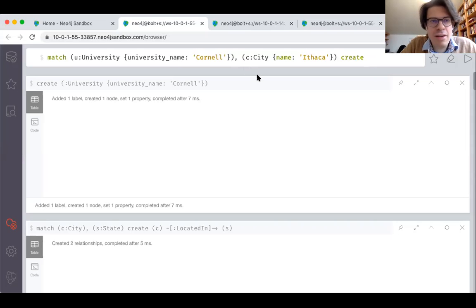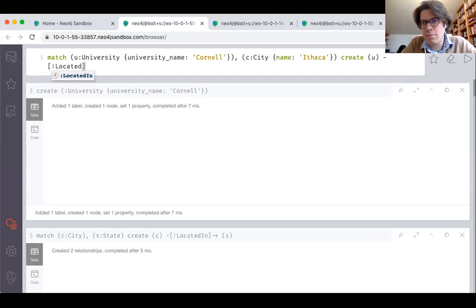And here we are creating the connection between u and the city c. Okay,